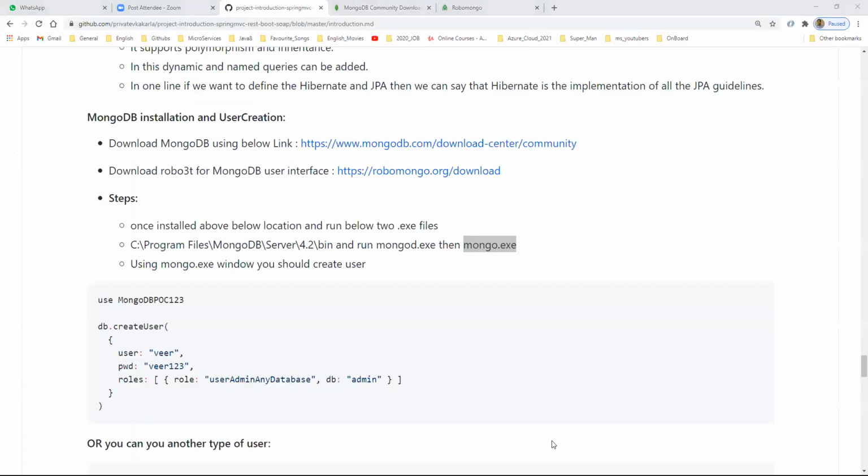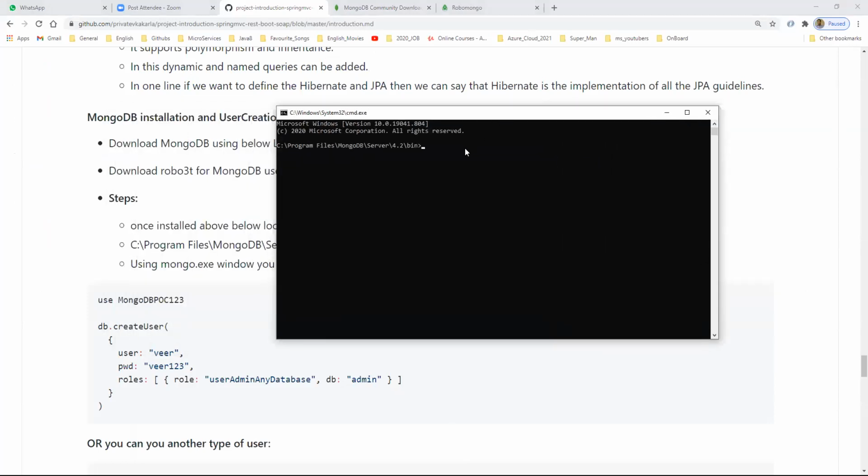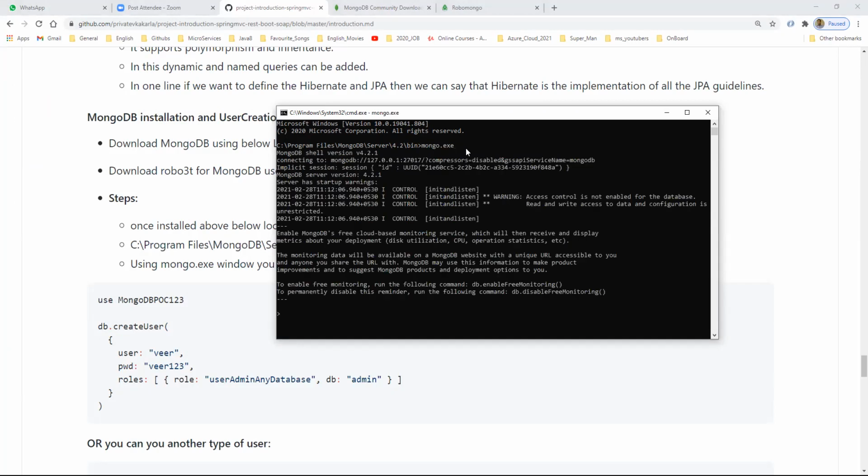Then what you need to run is mongo, mongo.exe, not mongod, mongo.exe. Now it is asking to create a user. This is the use command.